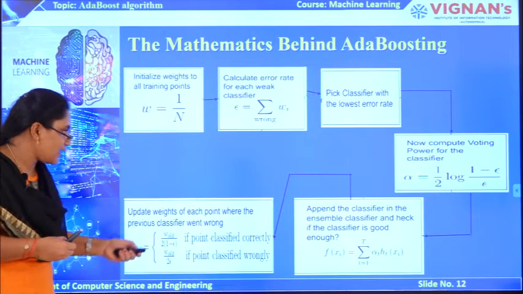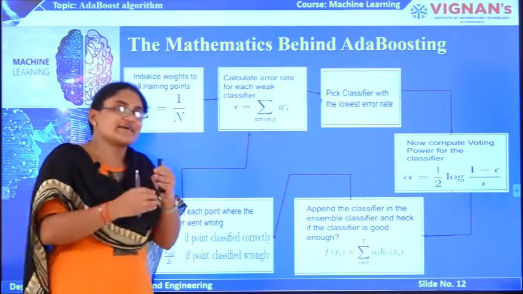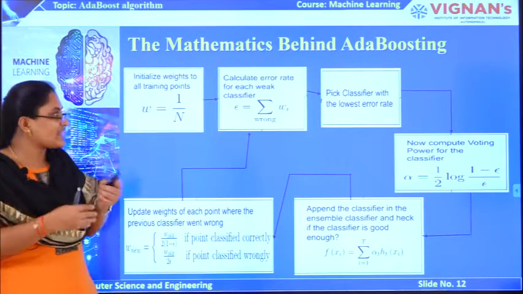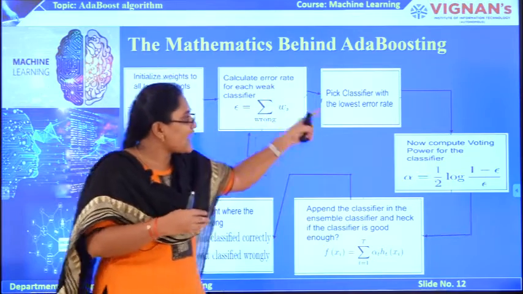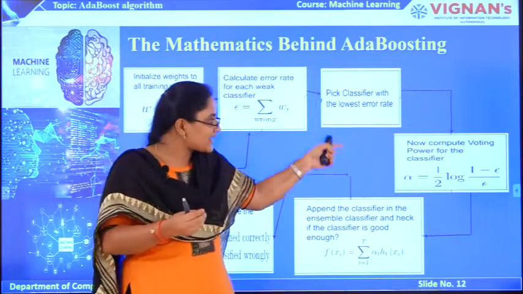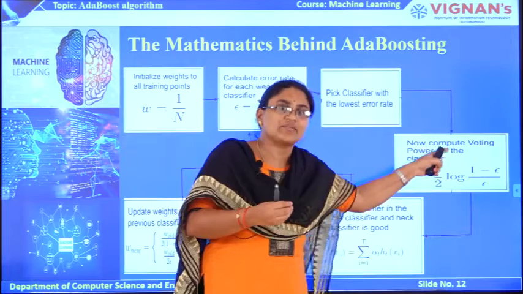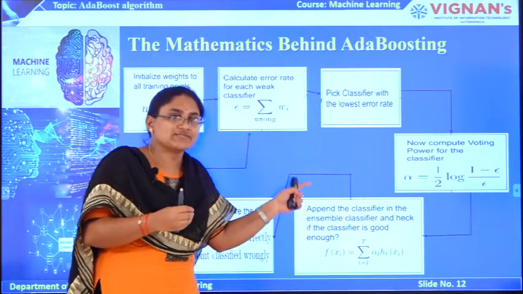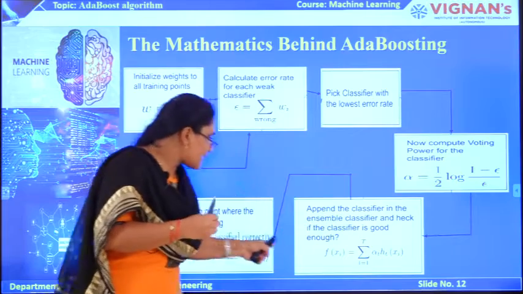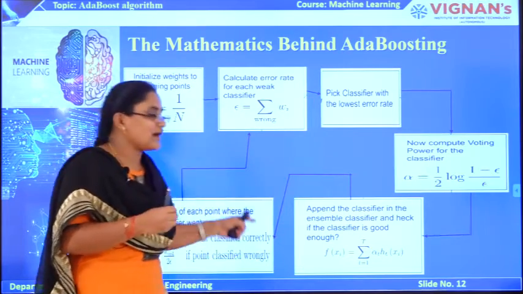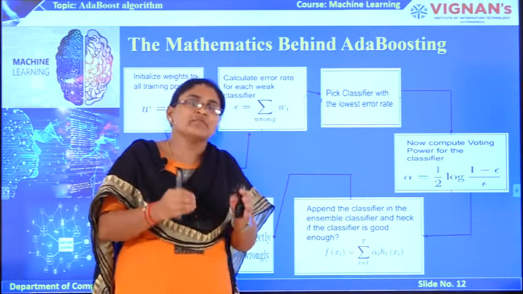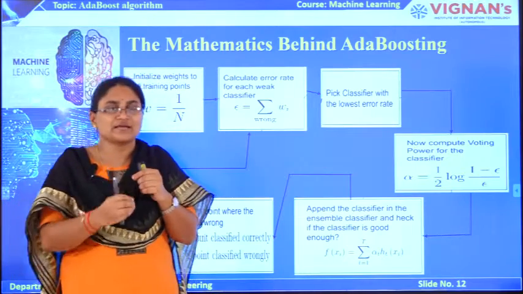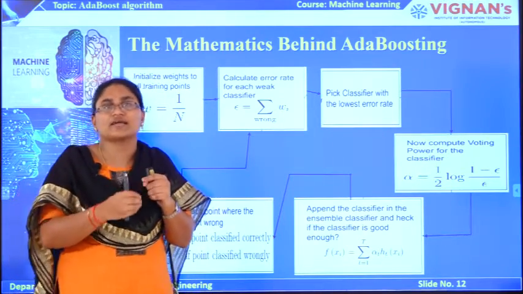After updating the weights, we apply the next data stump for correct classification of the observations. Again we calculate the error rate, pick the classifier with the lowest error rate, find the influence of the selected classifier, and ensemble it in the function. In this way, the AdaBoost algorithm works iteratively until it finds the strong classifier. This is how the AdaBoost algorithm works internally, mathematically and theoretically.